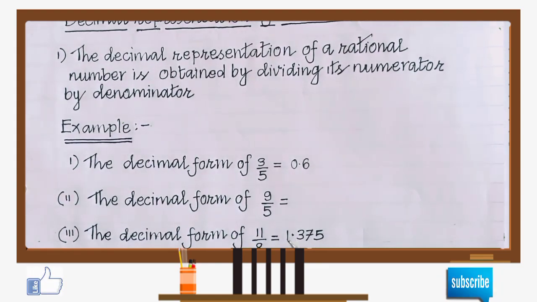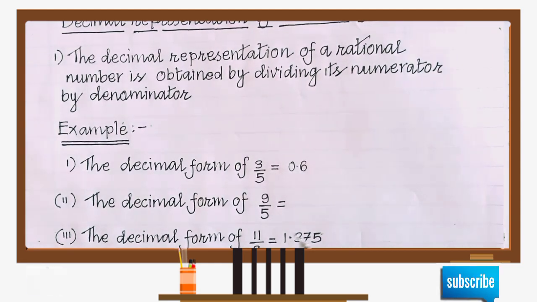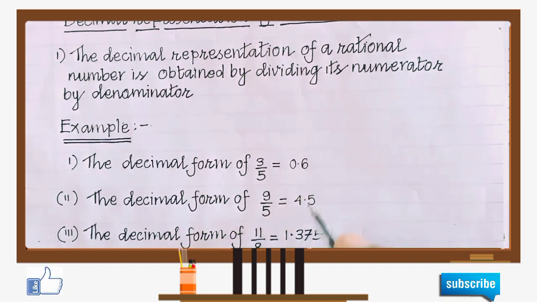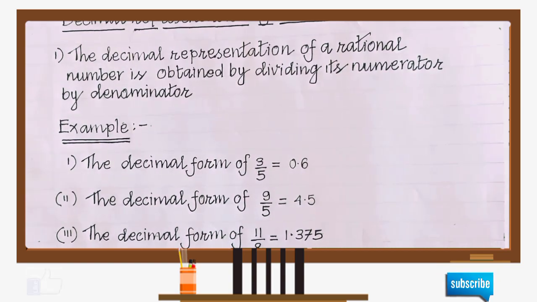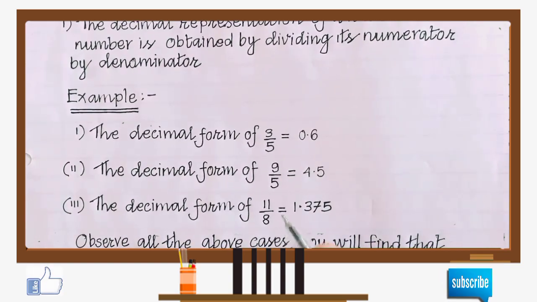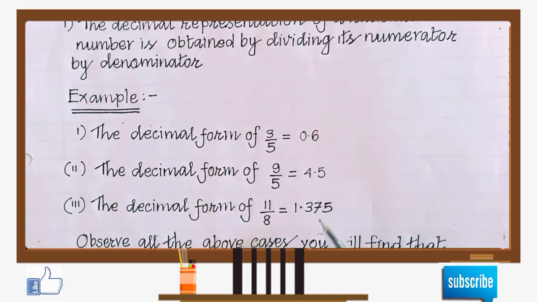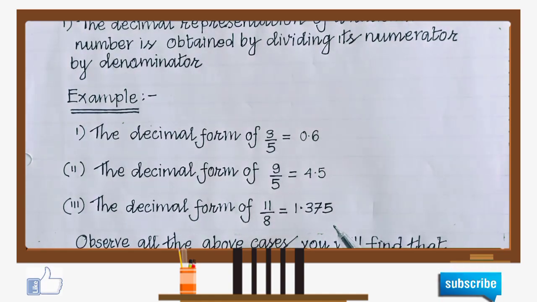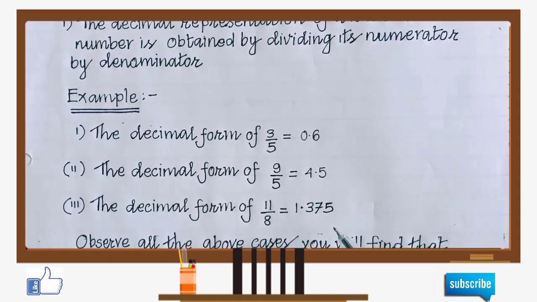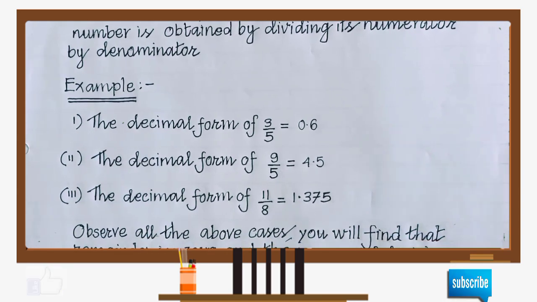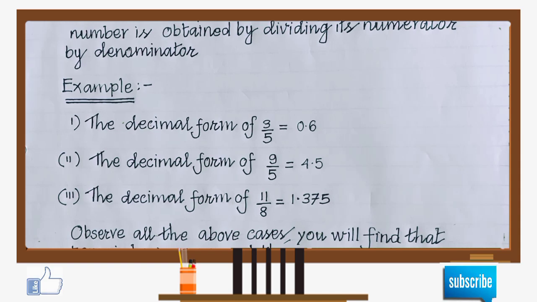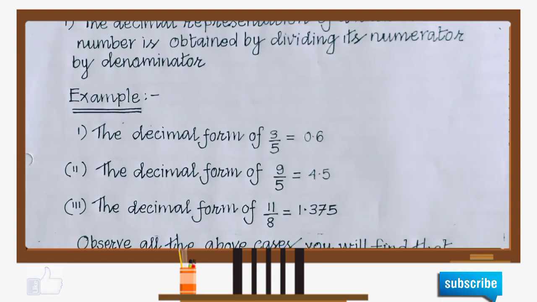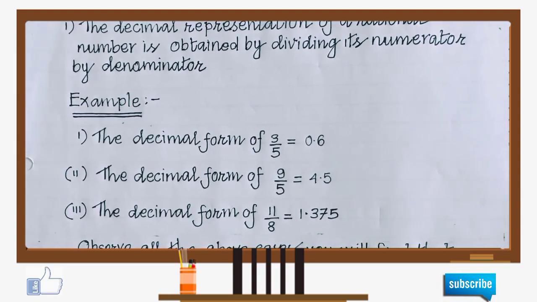In this case also 9 by 5, you will find that it will be 4.5. You divide it, you will get 4.5. You divide 11 by 8. In this case you will find that the answer is 1.375. Here the process of the division ends and the remainder becomes equal to 0. वहाँ remainder जो है ये कैसा रहता है, 0 रह जाता है, means there is no remainder. In this case the process of the division ends. उस स्थिति में क्या हो जाता है, प्रोसेस जो है उसकी एंड हो जाती है.